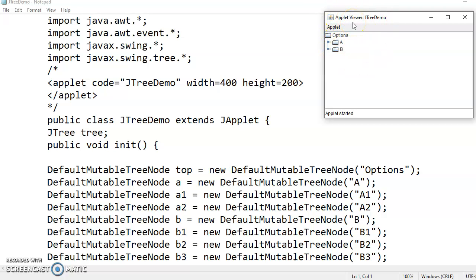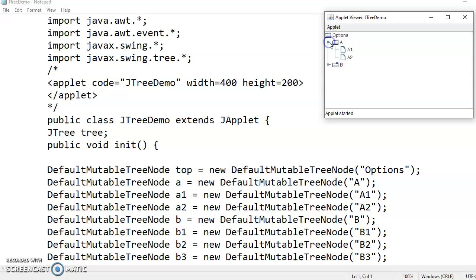This is just an example of a small tree where you can find there is a topmost node with the name Options. So this by default is the parent node. As you can see with the dotted lines, this parent node has two subnodes with the names A and B. When I click on the arrow just on the left hand side of A, if node A has subnodes, then it will expand and show me those subnodes.